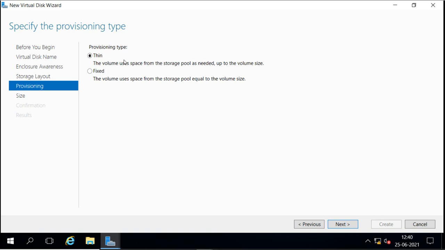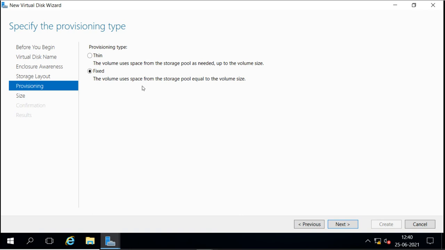It will use the space which is required, and as we store data on that virtual disk, it will start using space up to the maximum size we have given. Fixed size means it will take the whole size from the pool right now.